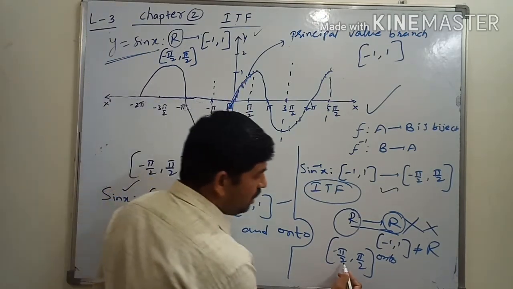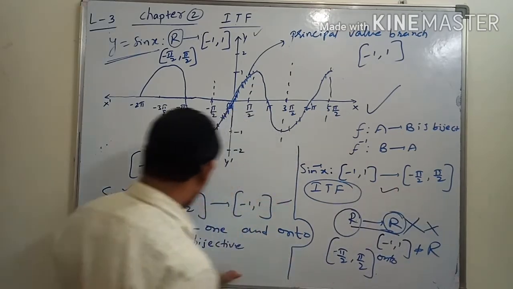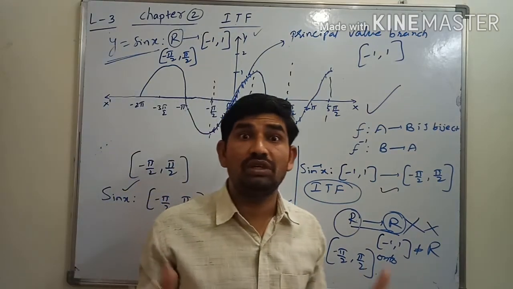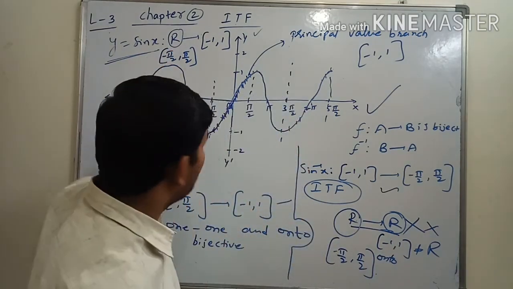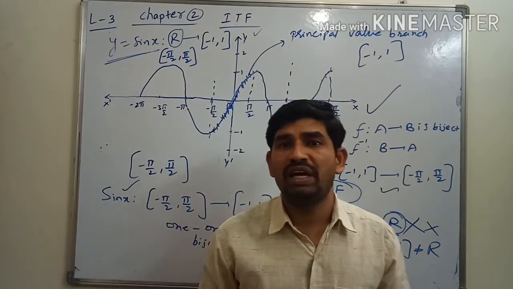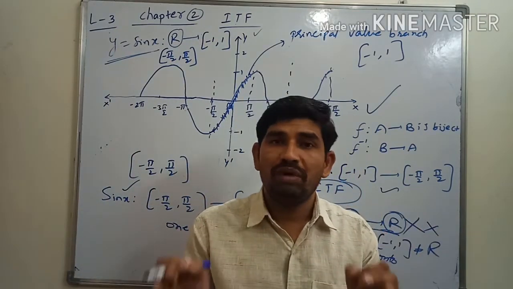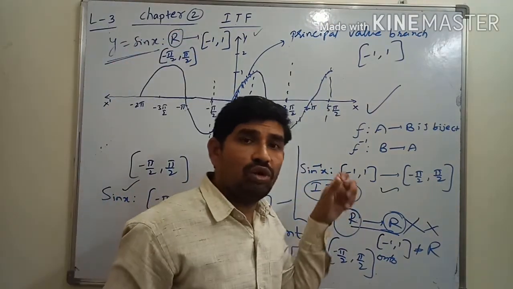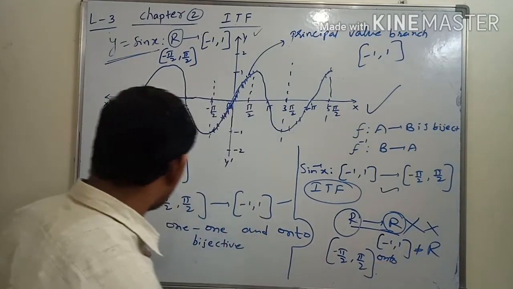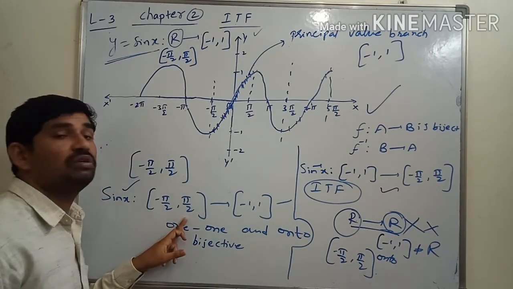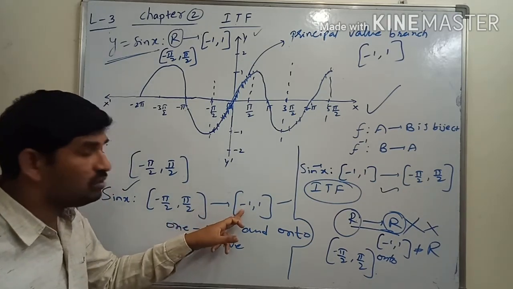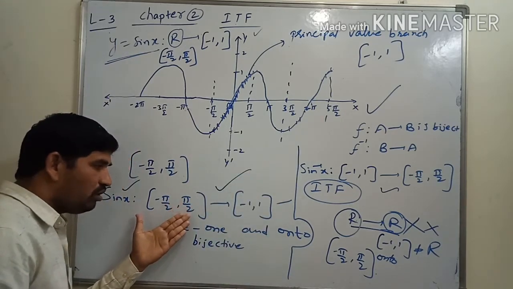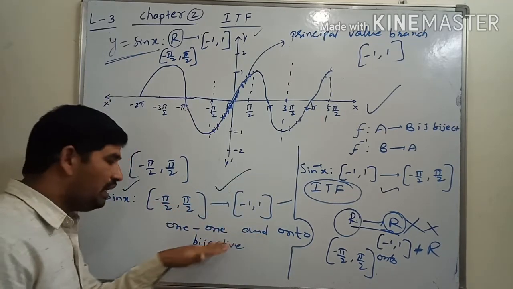So now we say that in between -π/2 to π/2, the function is definitely one-one also. No need to get confused about why we are taking -π/2 to π/2 in place of R. Sir, is the domain of the sine function -π/2 to π/2? No, the domain of the sine function is always R only. We are just taking one of the branches, -π/2 to π/2, as the domain to define the inverse trigonometric function, and the range of the sine function is -1 to 1. Now this sine function is one-one and onto, and it is bijective.